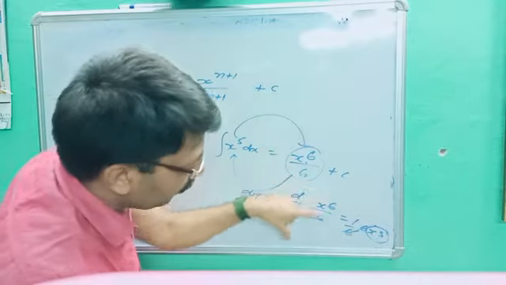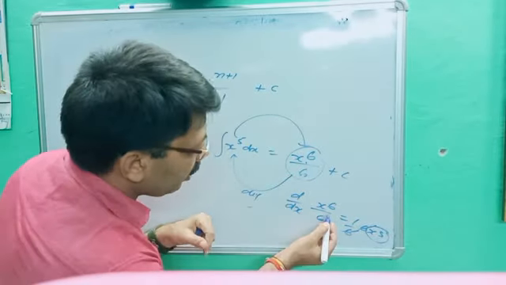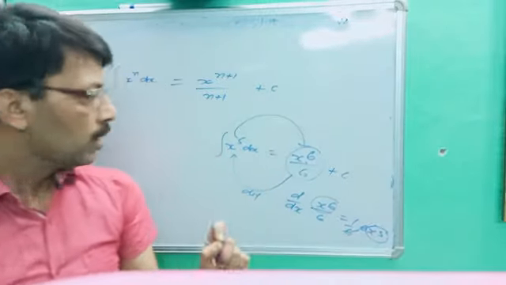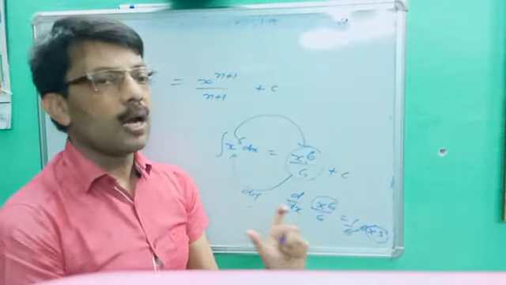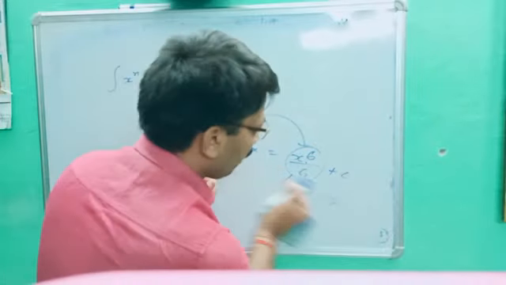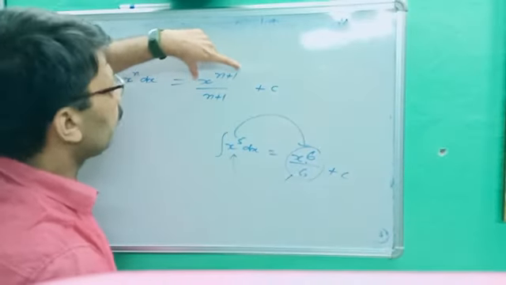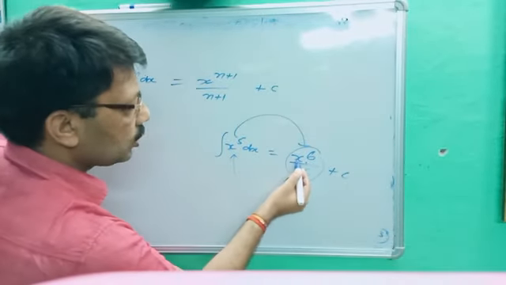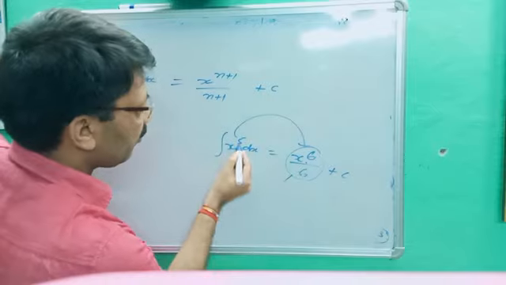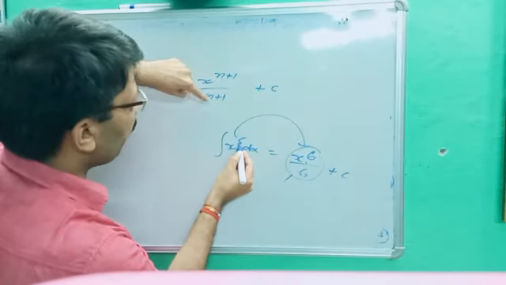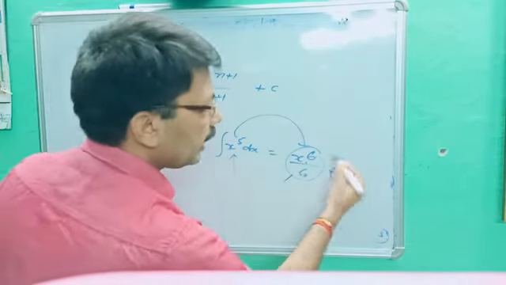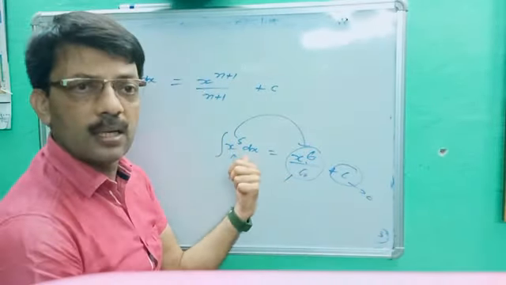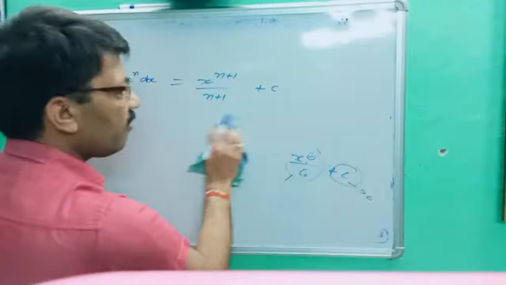When you differentiate x power 6 upon 6, you will get 1 upon 6, and the differentiation of x power 6 is 6x power 5. So that was our meaning. Differentiation and integration are opposite processes. So don't go there, otherwise you get confused. You only have to find it by this formula, x power n plus 1 upon n plus 1. If the question is integral of x power 5 dx, it is x power 6 upon 6, because n is 5, so 5 plus 1 upon 5 plus 1, 6 upon 6, plus you can put any constant c. And if you differentiate, the constant's differentiation is what? 0. You are not getting anything there. Okay, only this one. So this is the first formula for you.